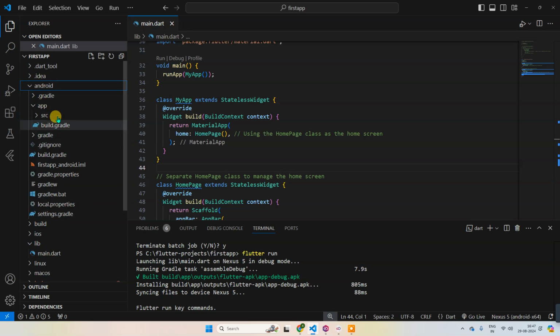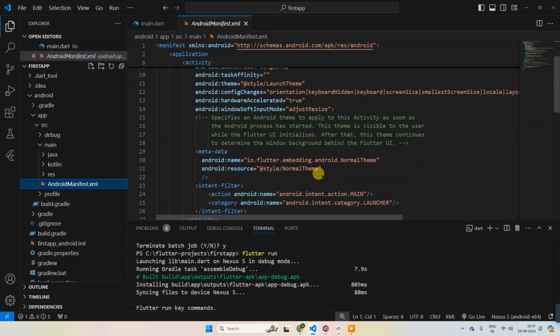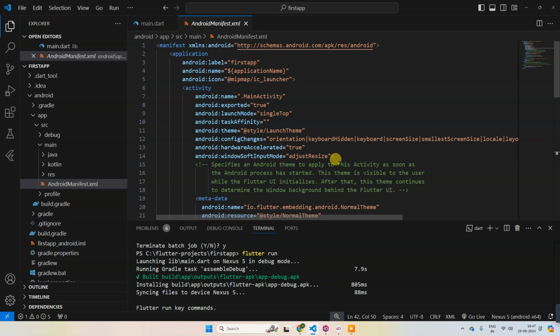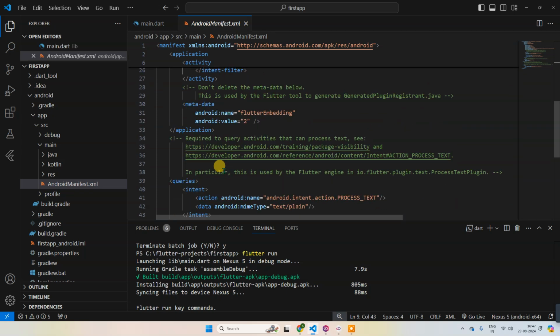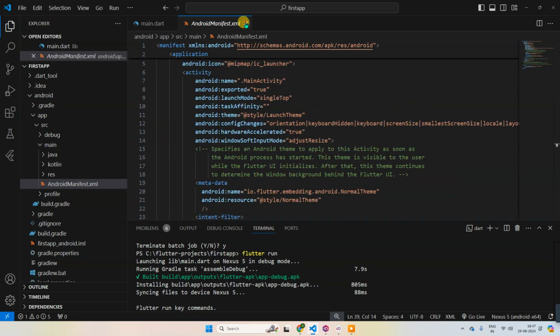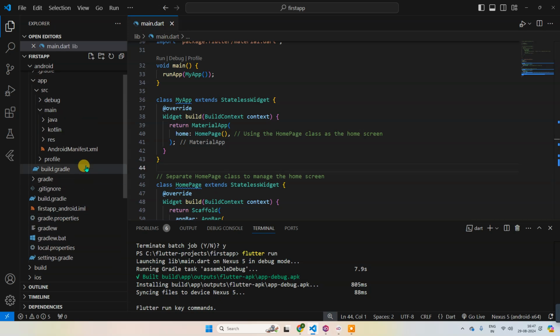There are other things also. For example, if you go inside src, then main, here you can see the manifest file. Sometimes you have to make changes here also. For example, if you want to use the camera or give some other permission, then as you keep learning, you have to make some changes or add some configuration here, like dependencies. And apart from that, you can see the main activity Java file here also.